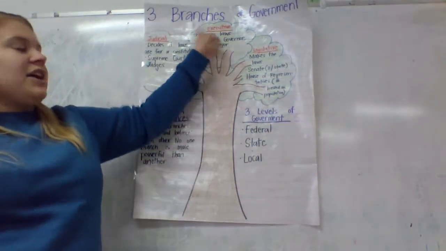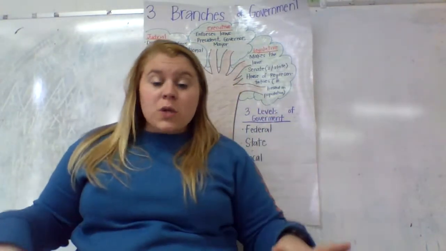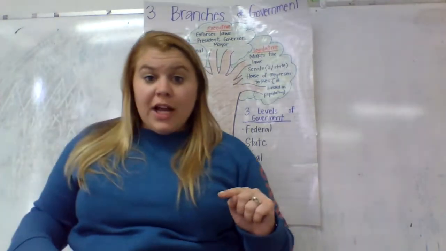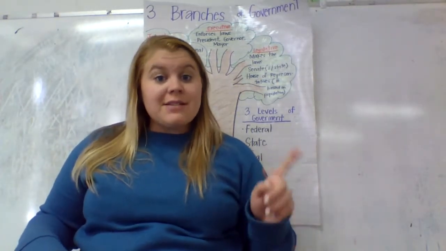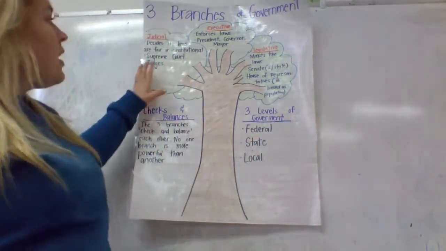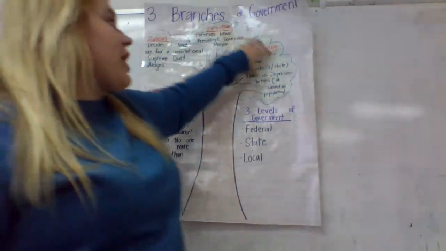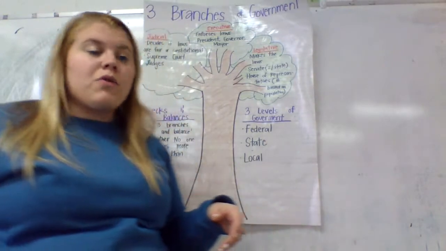The executive branch can't decide they're going to enforce a bunch of stuff without the legislative branch and the judicial branch checking them. Judicial is a tough word to say today, apparently. So everybody follows checks and balances, and each branch does something different, but they're not more powerful than the other.